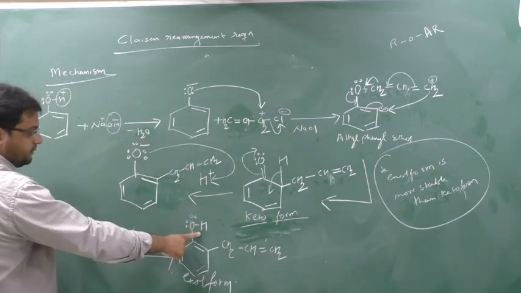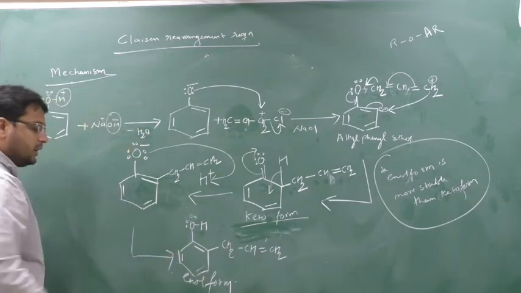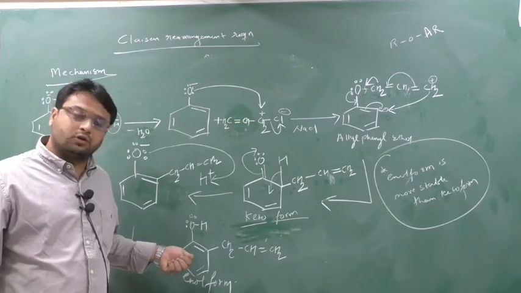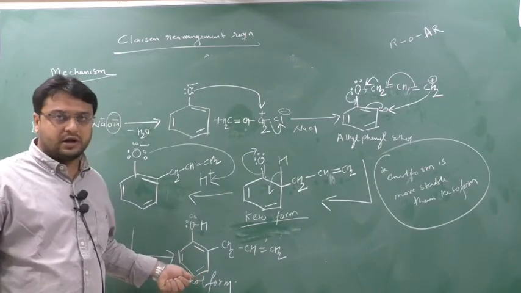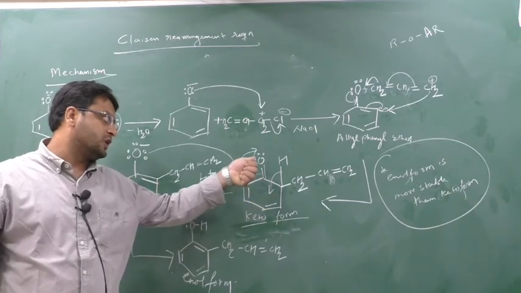So here this will be formed, and here CH2, CH double bond, CH2 will form. This is nothing but the enol form. You can see in the enol form there are pi electrons, all three pi bonds are there, so here they can show resonance, whereas in the keto form there are no three pi bonds, so they cannot show resonance.